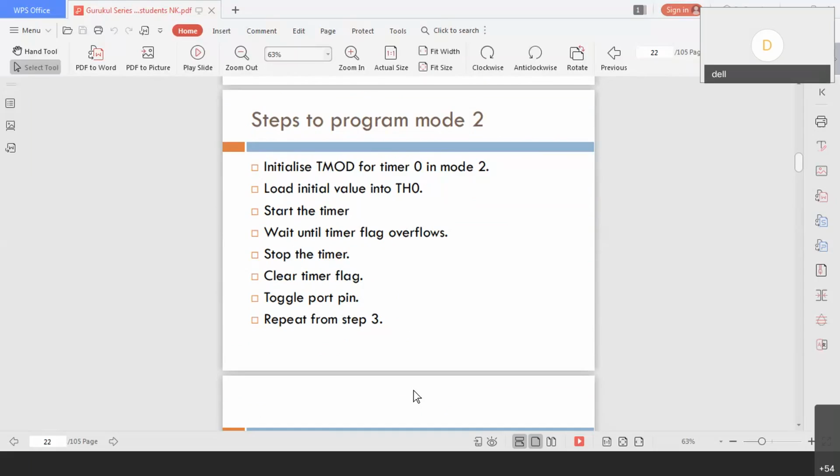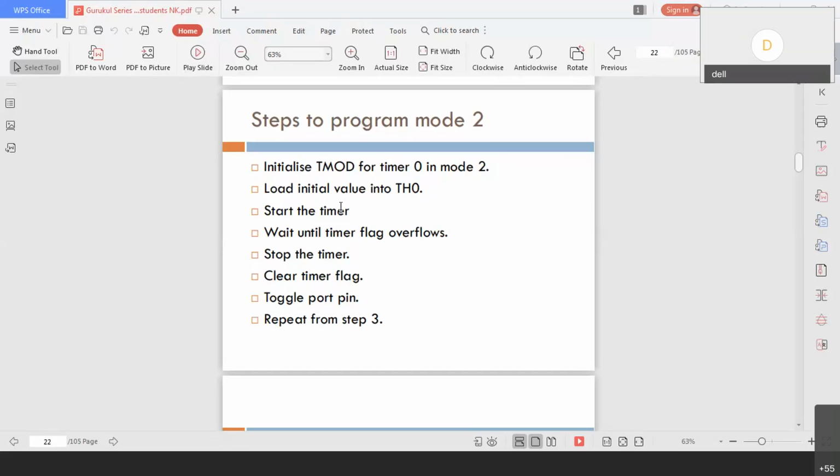Lesser value means more time to overflow. To give a simple example, let us say there is a 25-story building, and if you start from the 10th floor, you can reach the top of the building early. If you start from zero, it will take a lot of time, correct? Same way it works here.